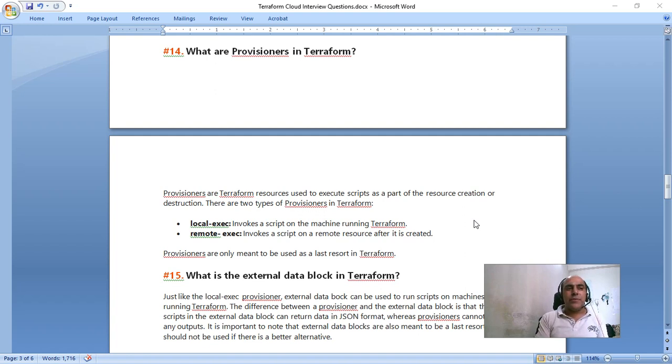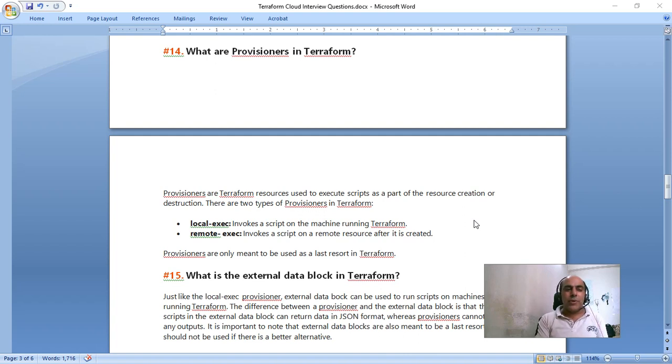What are provisioners in Terraform? One is providers, now we are talking about provisioners. Provisioners are Terraform resources used to execute scripts as a part of resource creation or destruction. There are two types of provisioners in Terraform: local-exec or remote-exec. Local-exec invokes a script on the machine running Terraform.